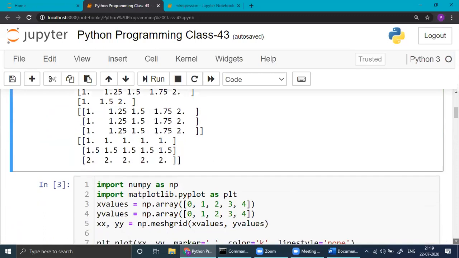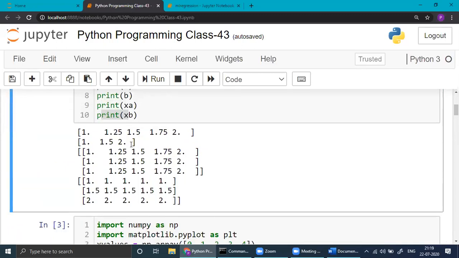Go here. Why is it a single bracket, is it a double bracket or no? So the first one is an ND array, the second one a 2D array. How 2D? 2 brackets. That's why 2D array.